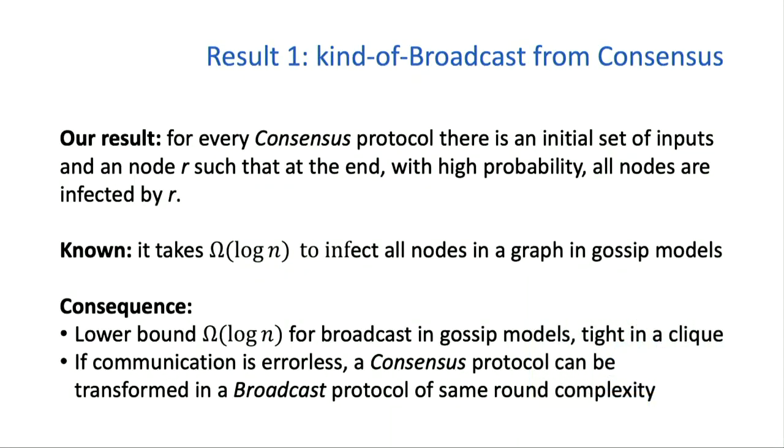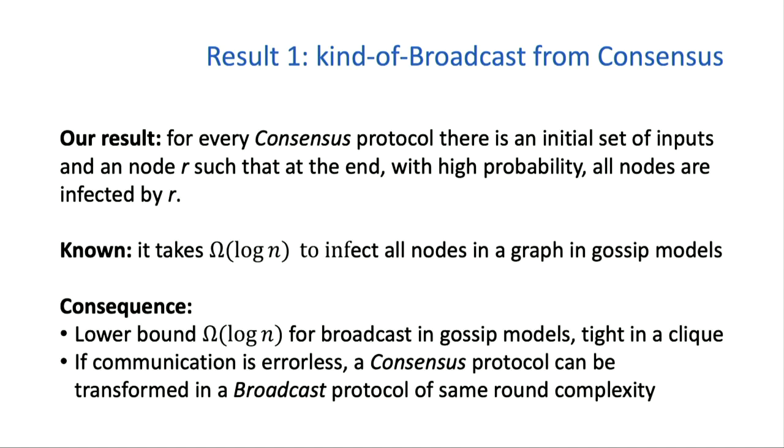Okay. So our first result is that essentially every consensus protocol gives a broadcast protocol, or at least, as an implication, transfers all the known lower bounds from broadcast. Specifically, what we argue is that if we have a consensus protocol that works, then there is some initial data for the vertices and some vertex,